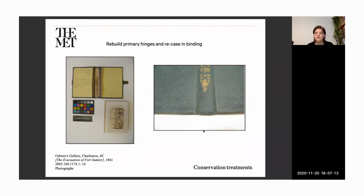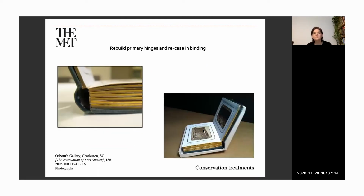And as with many of these albums, there are facing papers and a breakdown of the primary hinges and a dislocation from the case itself. So in book conservation speak, they're not complicated issues, but they are damaging to obviously the structure of this album. And so this was a matter of rebuilding the primary hinges between the facing papers and recasing into a repaired